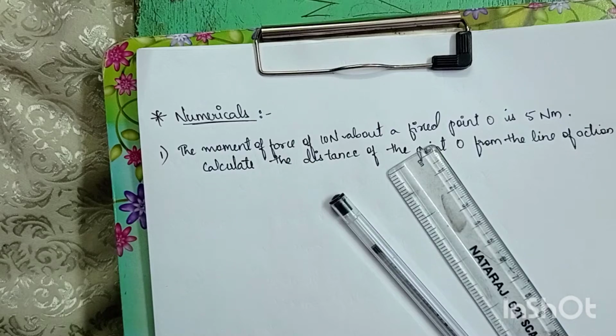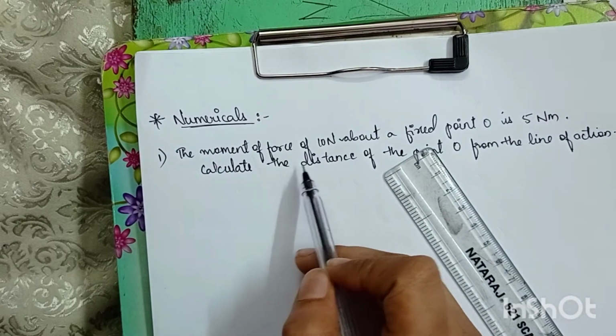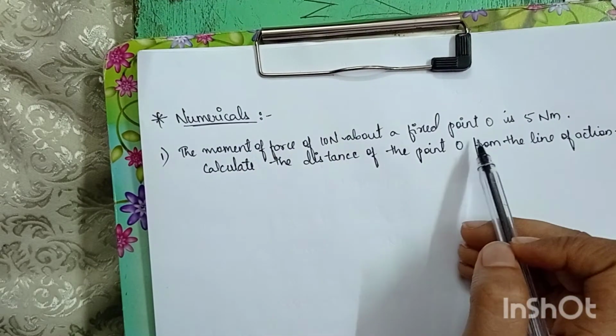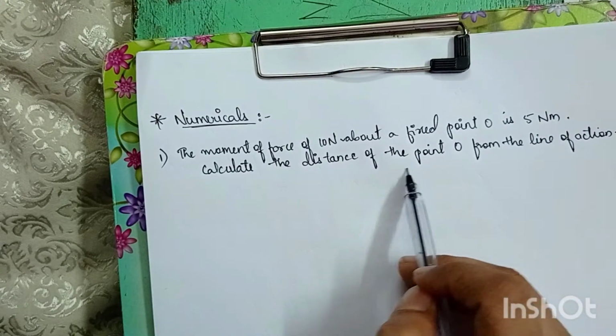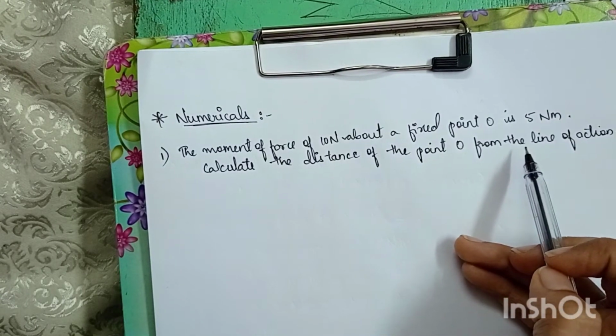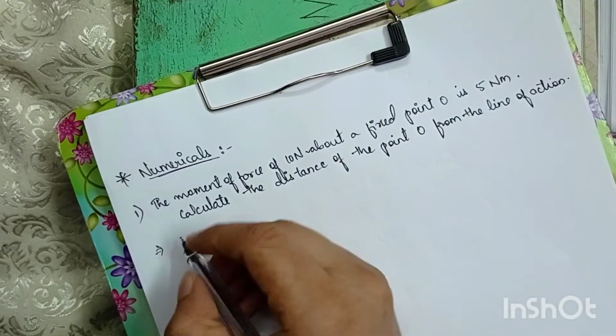Hello guys, today I'm going to start the numericals of chapter 1, Force, part A. So the first question is: the moment of force of 10 Newton about a fixed point is 5 Newton meter. Calculate the distance of the point O from the line of action. In this question we need to find the distance, and the given is moment of force